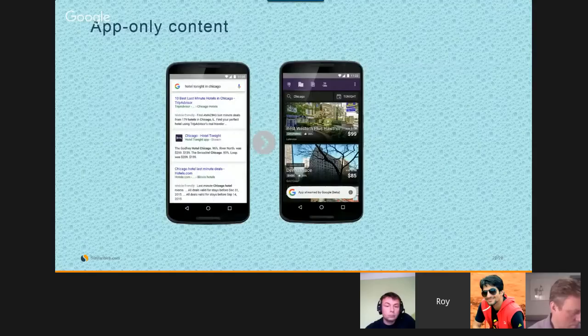App-only content. As I said earlier, apps are indexed. How are they indexed? For example, with IMDb, if I'm searching for Johnny Depp, I need to have duplicate matching web content on my website in order for the app to be indexed. In this case, the app-only content,